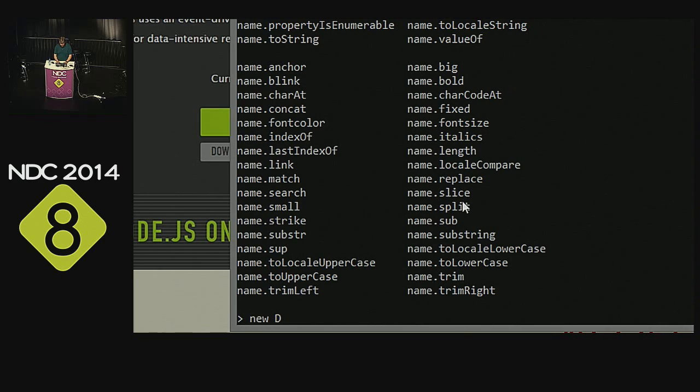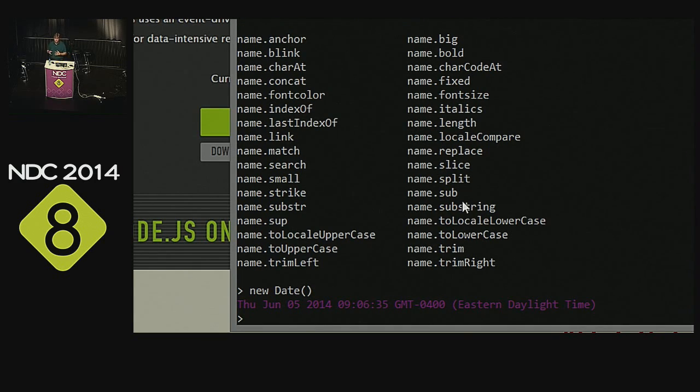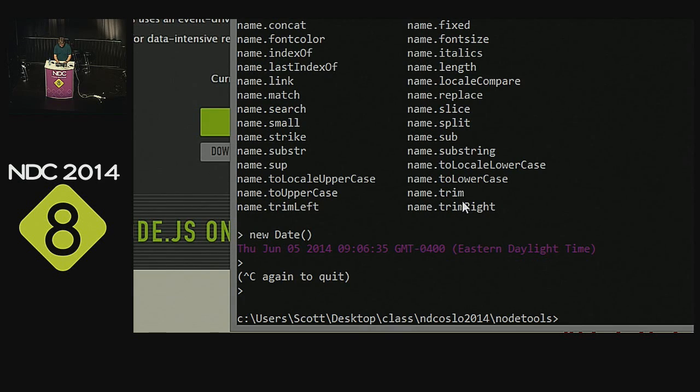And actually, I found that useful sometimes when I'm trying to figure out things with, like how a date behaves, and I want to find what numbers are available on it and how to transform things into the proper time zone. But you can also, once I Control-C to get out of here,